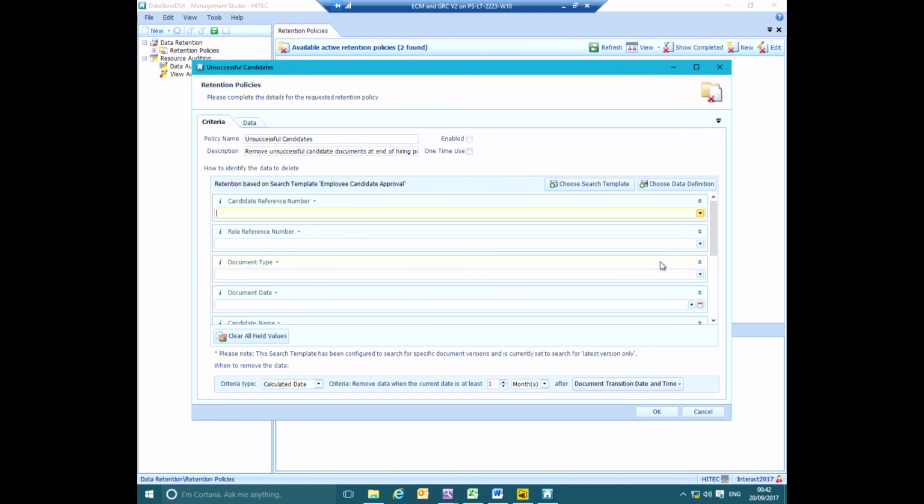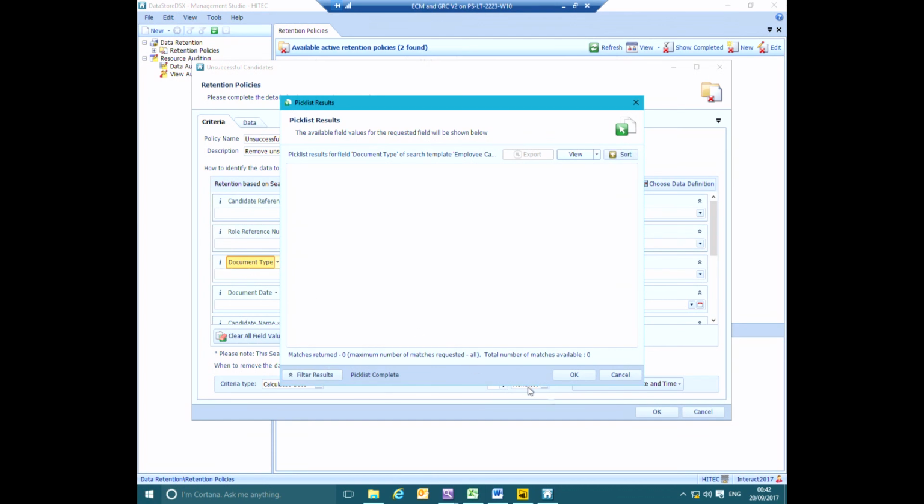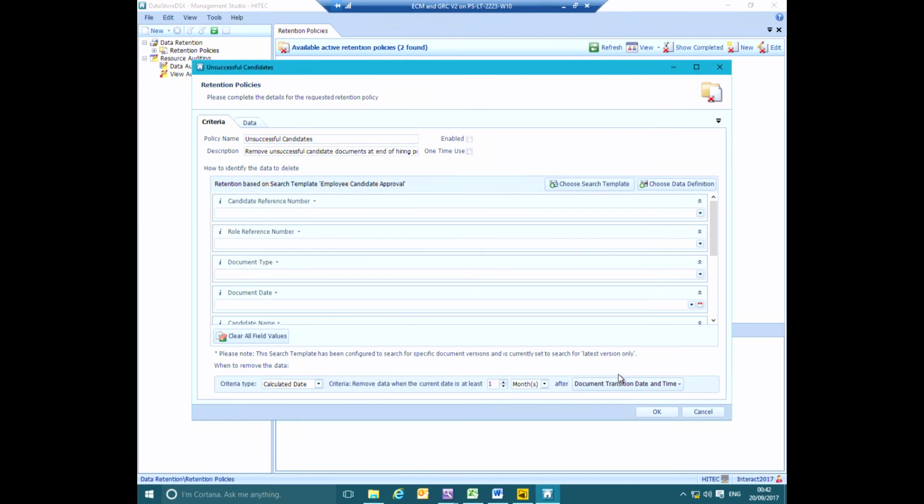But there can also be different retention policies built around different types of documents or different requirements. So it may be that you want to hold particular pieces of information in more detail. If I want to go in and identify that I want to remove certain documents earlier on in the process, if I click on the right button, that will give me the ability to specify that I want to associate a particular document type to be removed at a particular time. So I could specify that any background checks get removed from the system after a particular date, regardless of what's